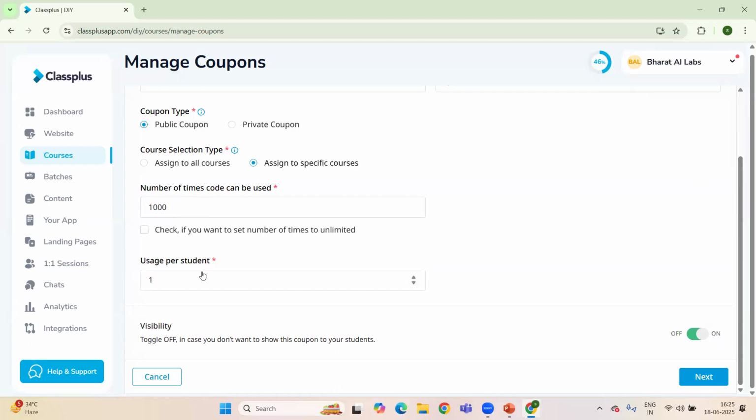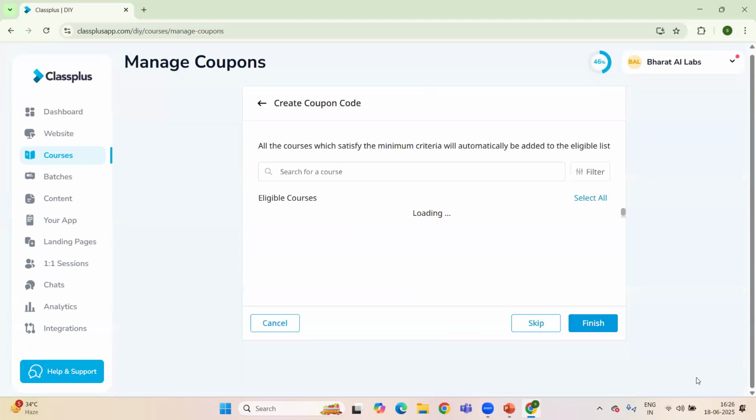And usage per student, only one for example, and you can increase as well. So it completely depends upon our requirement. Then we can turn off the toggle in case you don't want to show the coupon to your students, but I want that coupon visible on the students portal. That's why it is on. And then click on next.